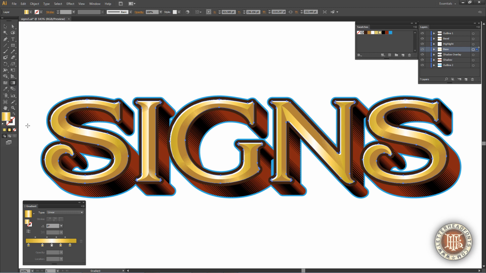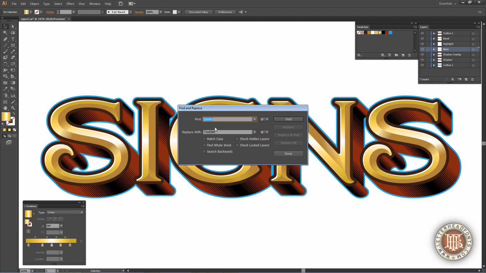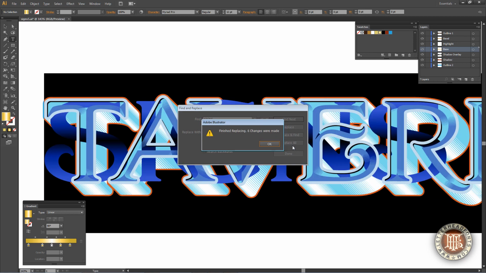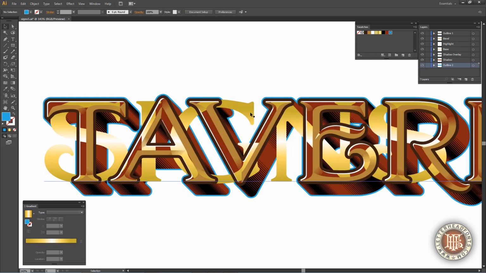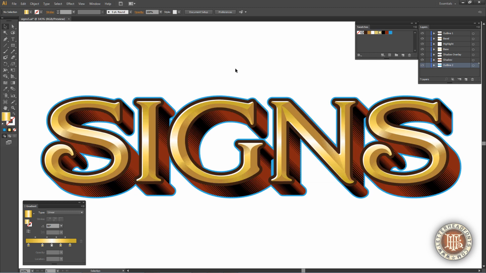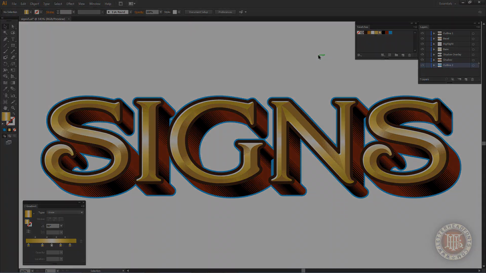So let's open our gradient palette and rotate the direction of the gradient to 90 degrees. This causes the gradient to be horizontal across the letters now. It's a good idea to experiment with various gradients for the base and bevel layers to create more realistic and interesting effects. It's important to remember, though, that once you convert the text to outlines, you can't use your program's Find and Replace trick to replace all of the layers. Since the base layer isn't text, it won't work on that particular layer. So if you're going to change your text, you need to do that first.